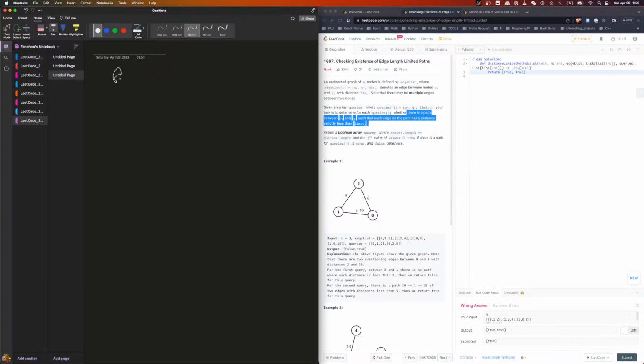Okay, given a connected graph, we want to remove edges with large length